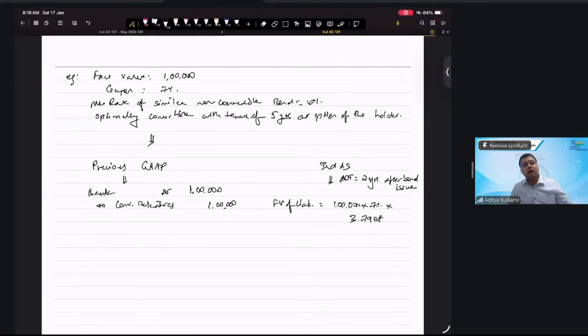This is your yearly outflow towards interest, correct? And it is happening over a period of 5 years, PVAF 10% 5 years, plus at the maturity you will get the value back. So this gives you